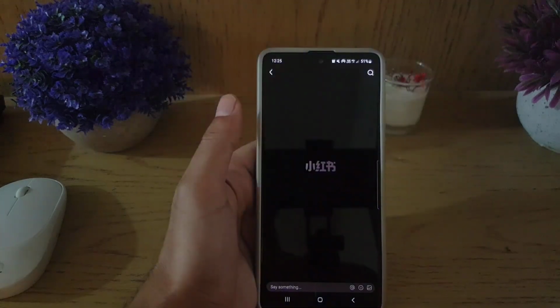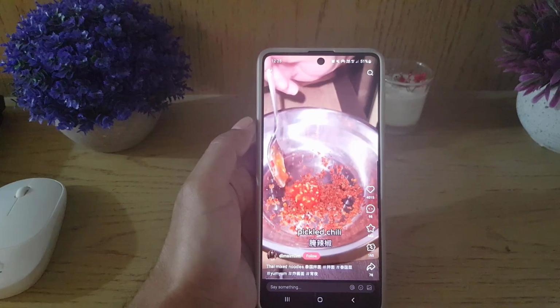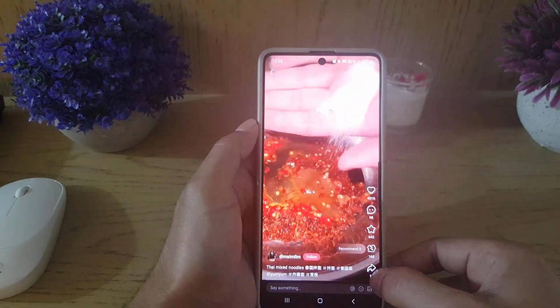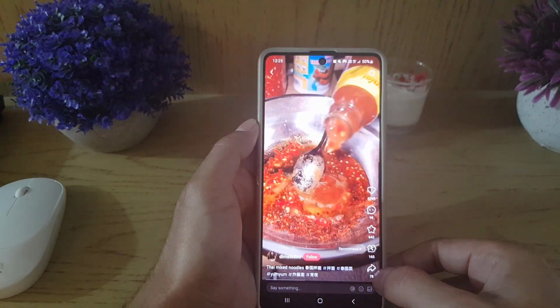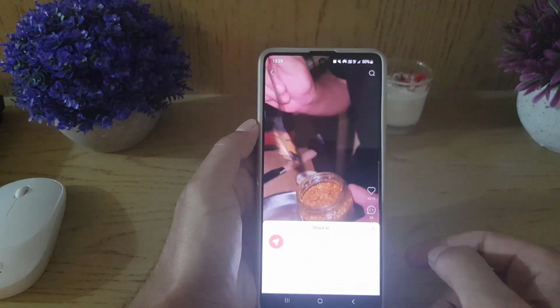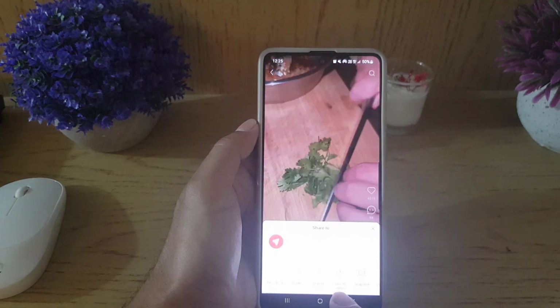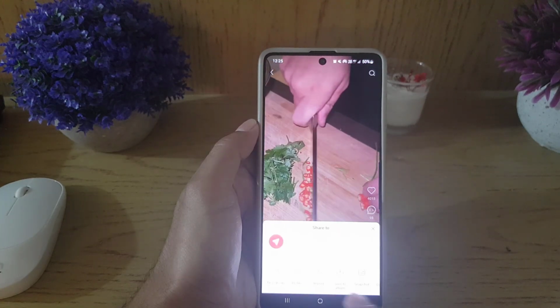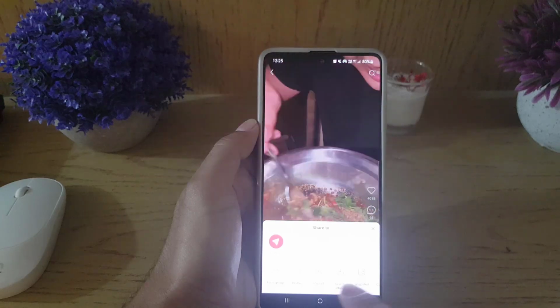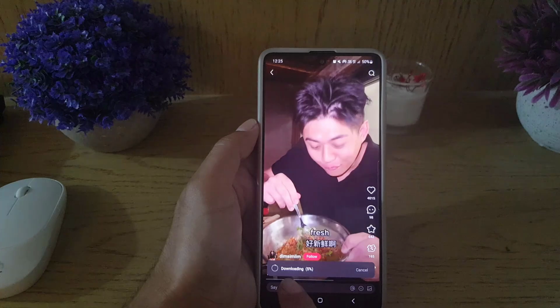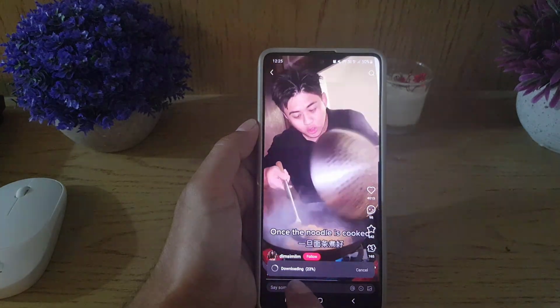So suppose this one is a video and you want to download this video. So how are you going to do it? There is the share option right at the bottom. Once you tap on that one, here you can see new group, and right here is the save to album option. So if you tap on this, you can see the video is downloading, and once the downloading